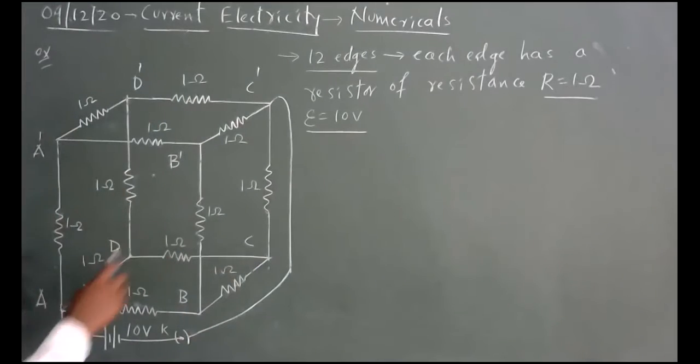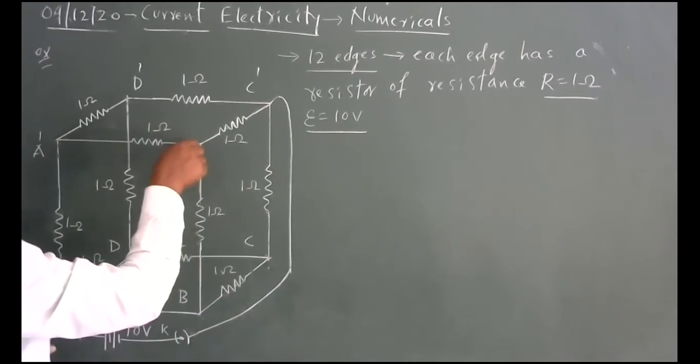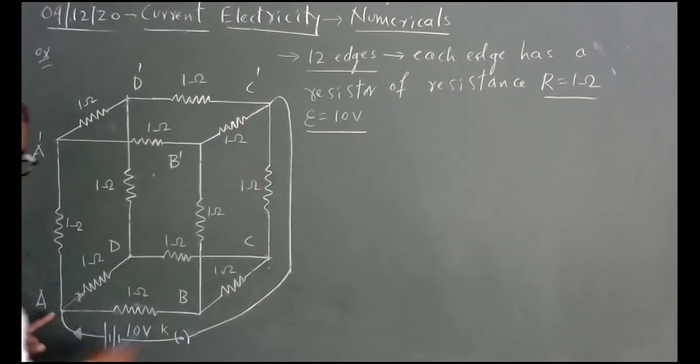To simplify, to find how much current is flowing in each arm, I have highlighted the bottom corners as A, B, C, D, with A dash, B dash, C dash, D dash above them respectively. When the cell is 10 volt, I take the net current from the cell as 3I, since I don't know the value of the current here.